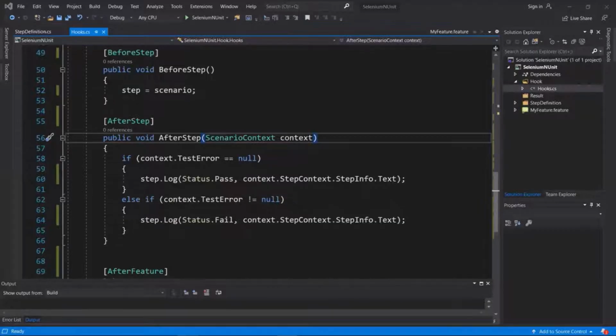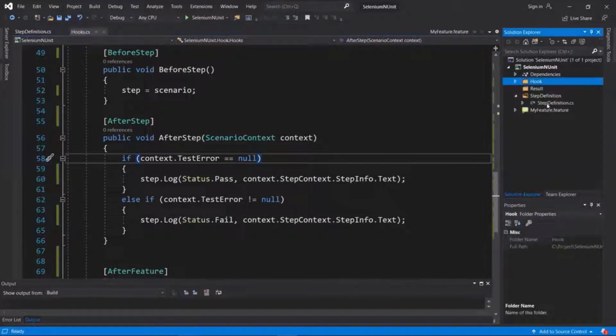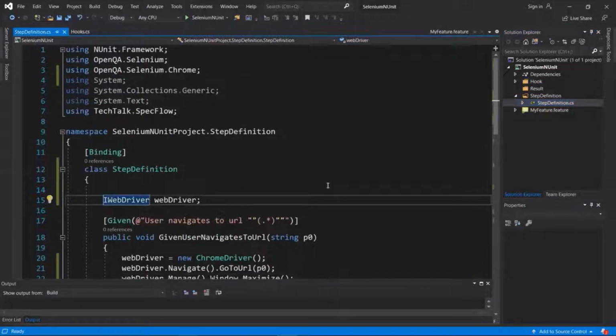So to start with, we'll go back to our project. Before configuring the project for parallel execution, we'll write the code to capture the screen in case of any failure. To do that, we need the WebDriver object. With the help of the WebDriver object, we'll get the screenshot of the browser. First of all, we'll update our WebDriver object as public static so that I can use this object in other classes as well without initializing the step definition class.